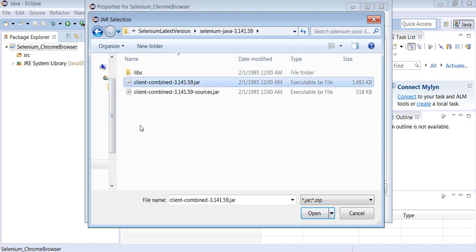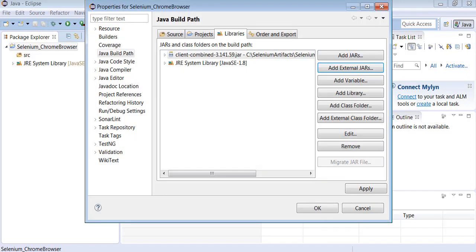Select the client-combined-3.141.59.jar file, select that, and open. When you open, this will be added in the Java build path. This is the Java build path, this is the Libraries section. You can see this file is getting added. Click on the OK button now.